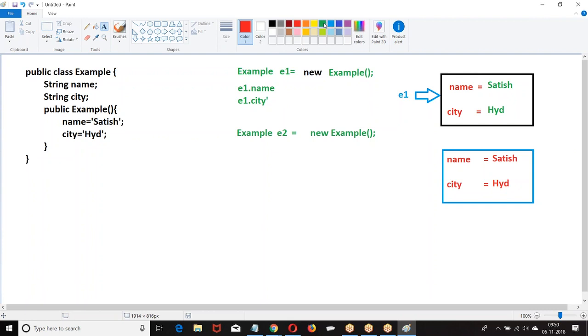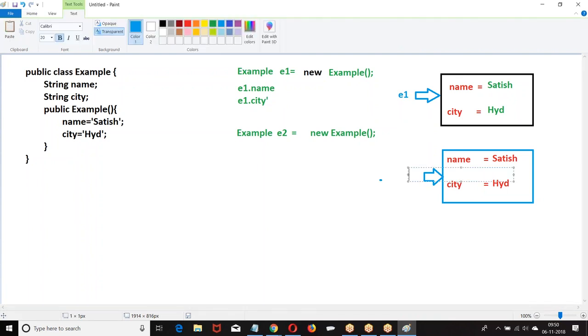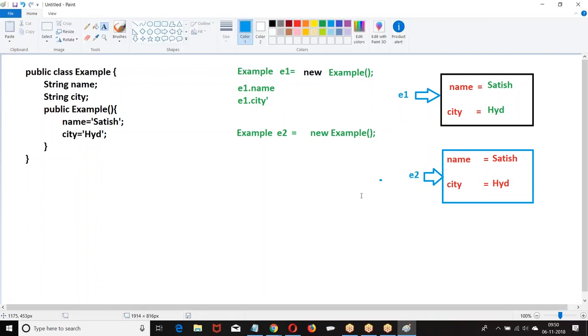Now this location is referred to by variable E2. What is that variable E2? Reference variable. Why is it called a reference variable? Because the data type is not primitive. If the data type is primitive, it is a primitive variable. If the data type is not primitive, it is a reference variable.